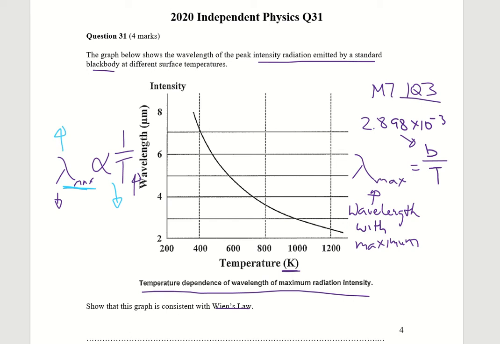So let me just draw two graphs to show this. Assuming that we have an object that's at maybe 3000 Kelvin, and this is the wavelength, we'll see the chart look a bit more like this. Oh, sorry, wavelength over here. We'll see that the peak wavelength is closer towards the higher values, which means we're looking at maybe red light, infrared, something like that. If we have a really high temperature though,